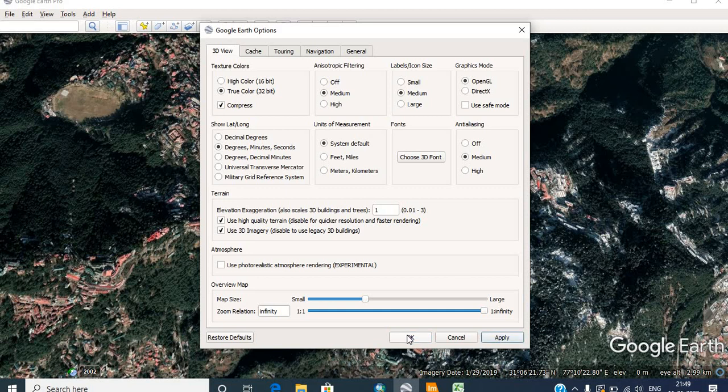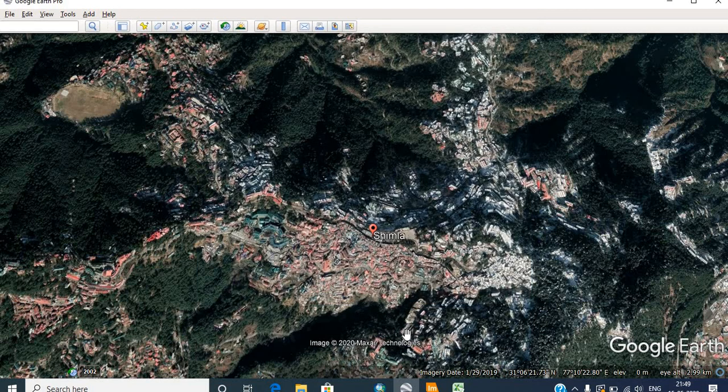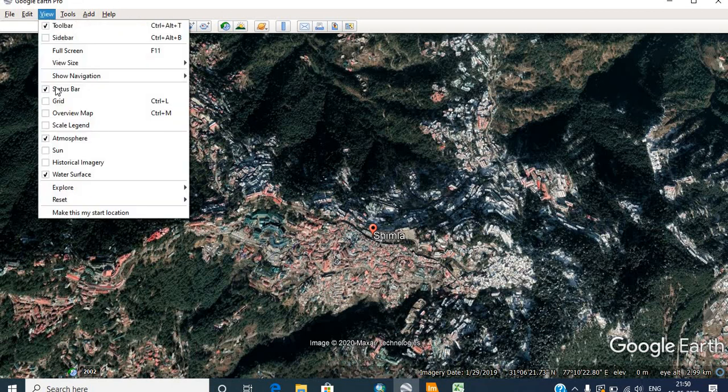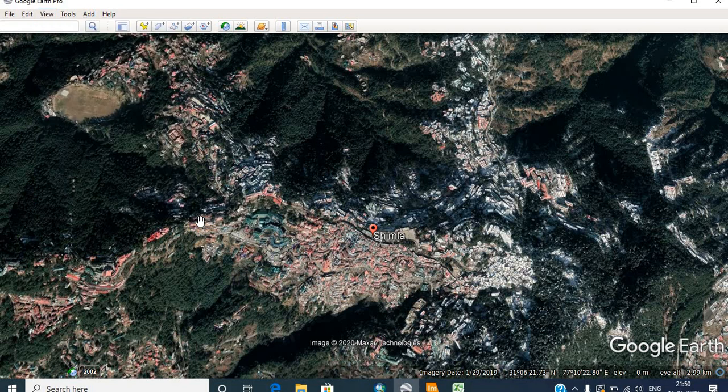Apply and OK. And from the view we can use reset, tilt and compass in order to get the north oriented view of the image. So click this.